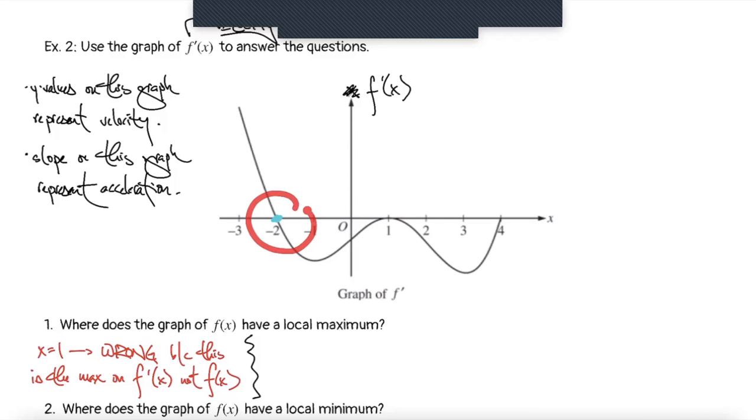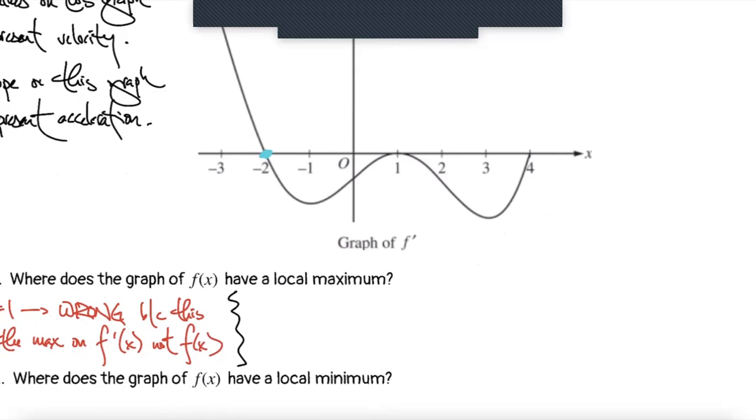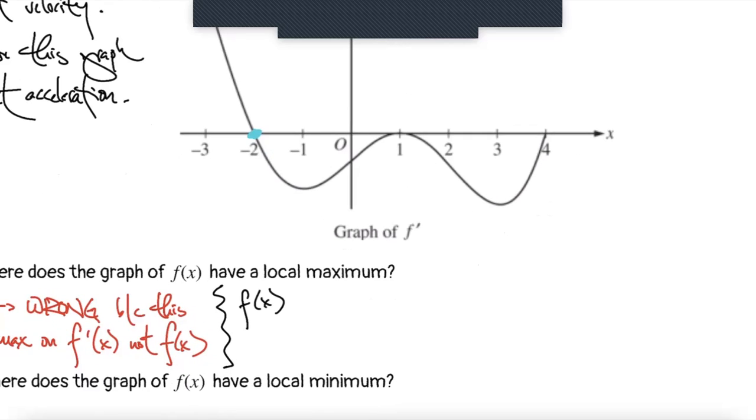But this, the y values go from positive y values to 0 to negative y values. Or we could say positive velocity to 0 velocity to negative velocity. Okay. And so if we write that out, we could say that f of x has a local max